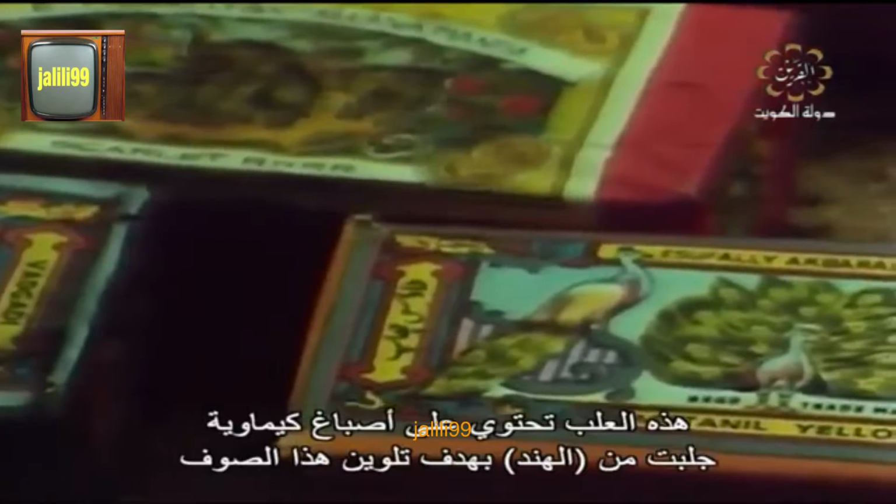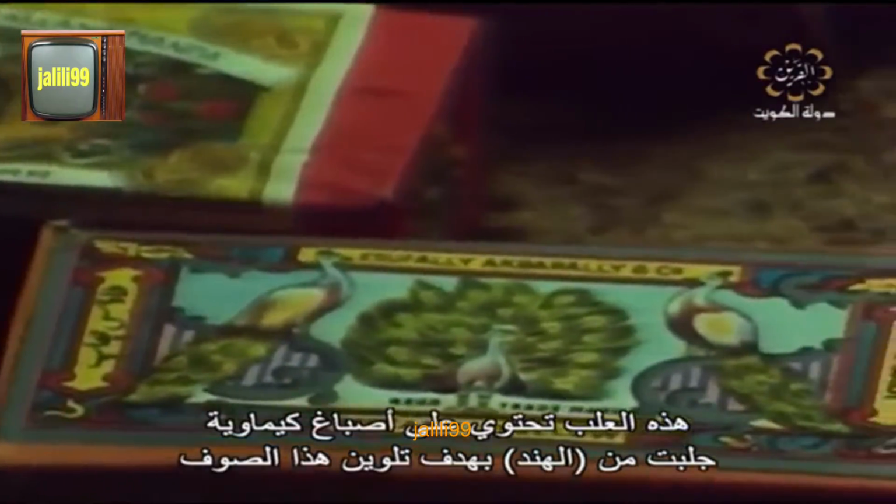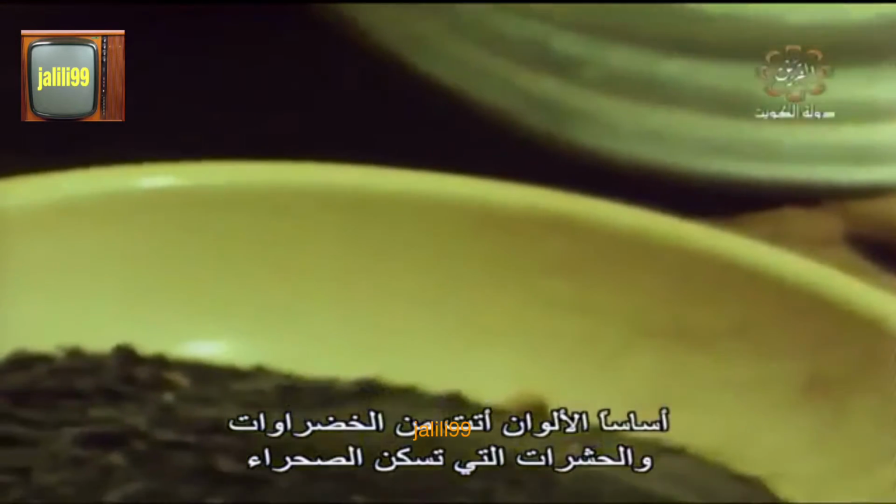These boxes contain chemical aniline dyes from India used for dyeing the wool. Originally, the colors came from the vegetation and insects of the desert. However, natural colors are still used for leather dyeing. For example,